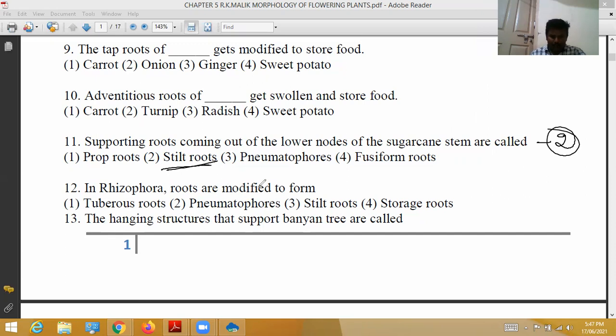Next, in Rhizophora, roots are modified to form. Rhizophora is a kind of respiratory plant. Roots are modified to form